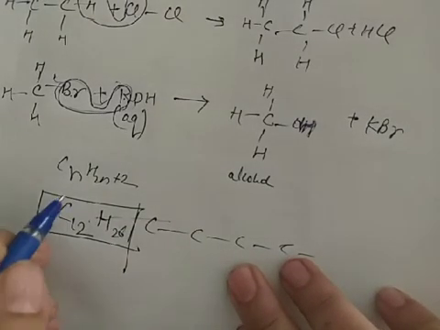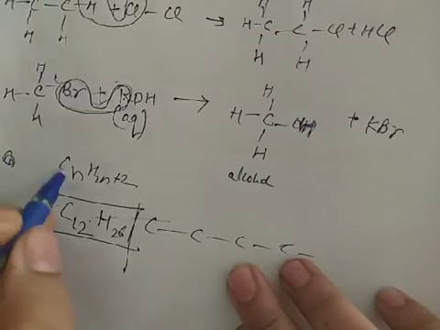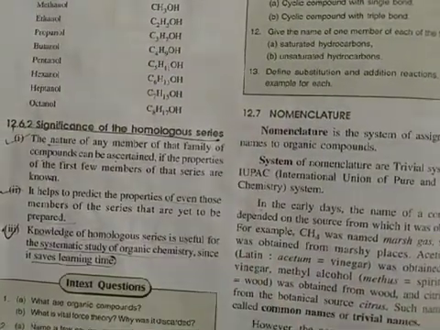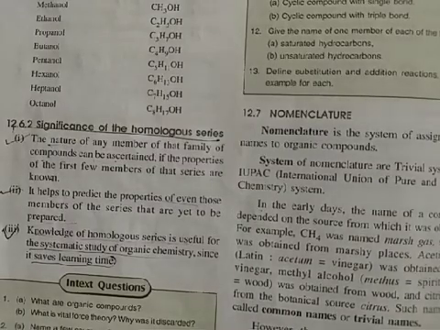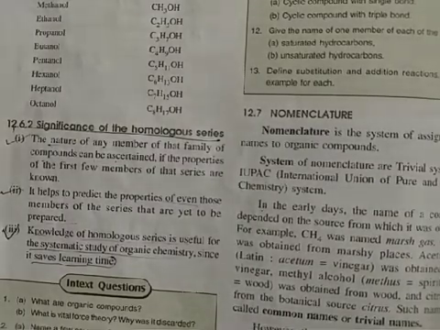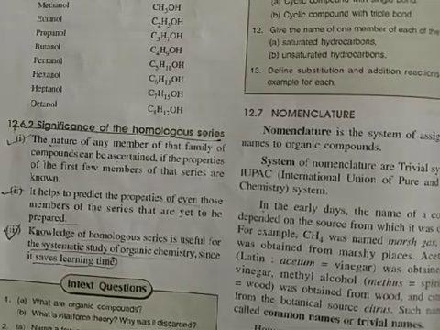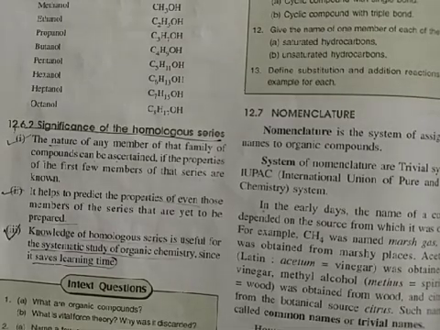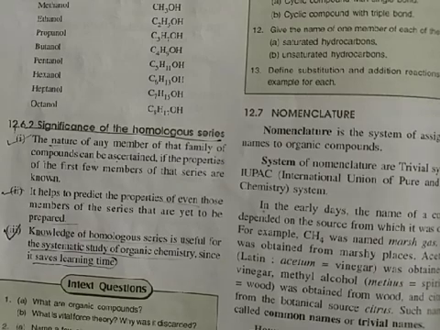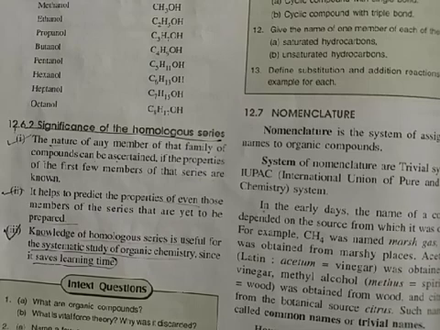Homologous series, हमने CnH2n, we have used the general formula. Basically it saves our time, and it tells us the systematic study of organic compounds, how we study organic compounds systematically. Science is all a systematic study of everything, like physics is about the universe, and chemistry is about the atomic level, atoms and molecules and all.